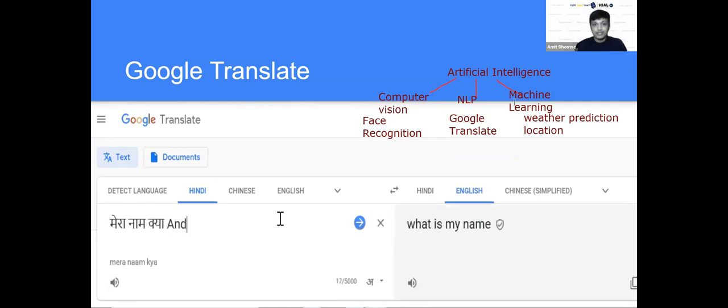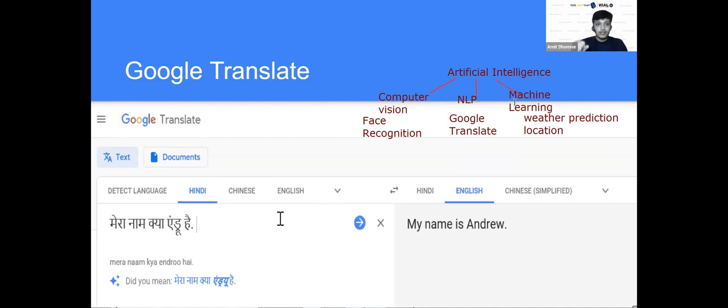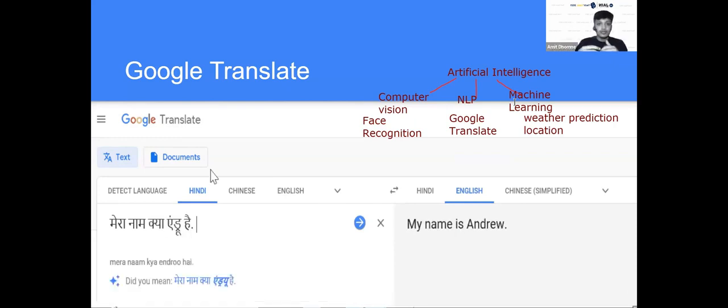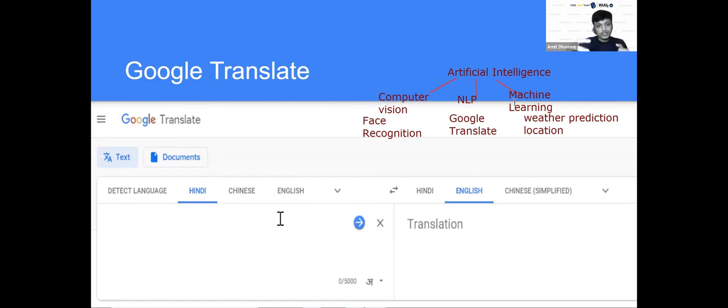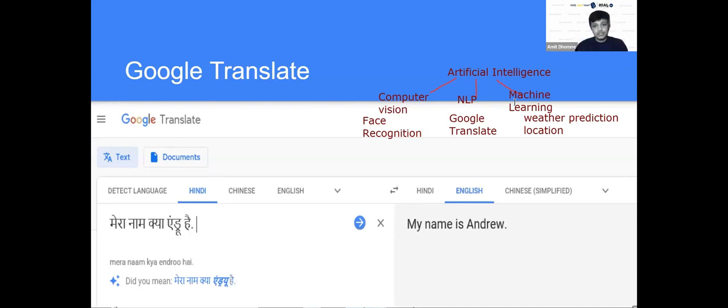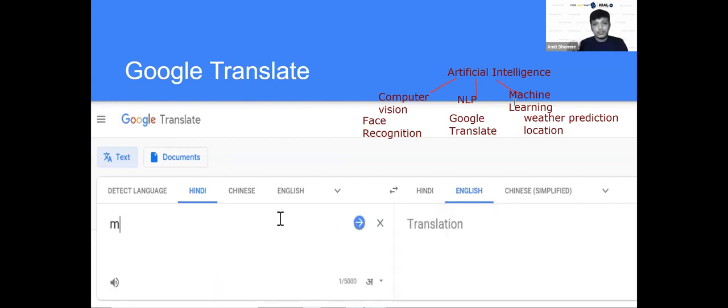Computer vision will take an image from the satellite, because when you are driving on the road, from the satellite they monitor you and find your current location. Based on that, machine learning and computer vision come together and create Google Map.